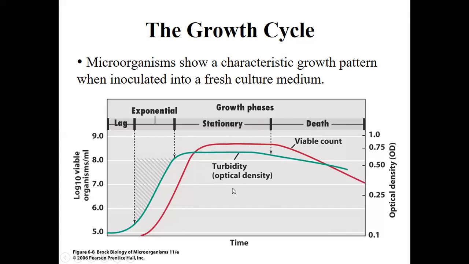After completion of this stationary phase, the death phase will arrive. In the death phase, the bacterial cells will start dying, because the nutrients have been utilized by the microbes, so they will start to go into the death phase and they will die after their particular age. So that is all about the microorganism